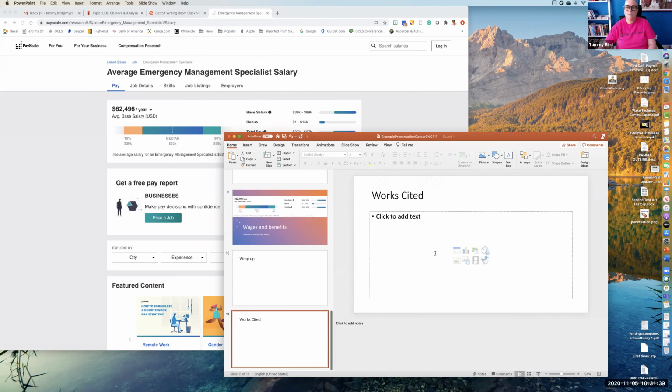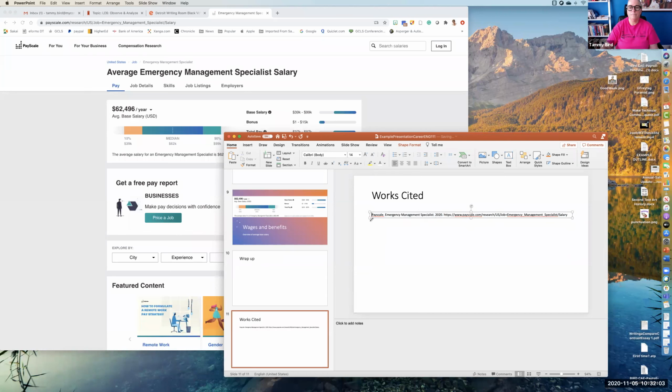I'm gonna make it a decent size, because I don't want it to be 8 anymore, because now it has a much bigger purpose. I'll make it 14. It doesn't have to be huge. And I don't need bullet points, so I'm going to get rid of the bullet point. Okay. And then every time I use a new page or article or whatever I use, I'm going to immediately come in here and put it on my works